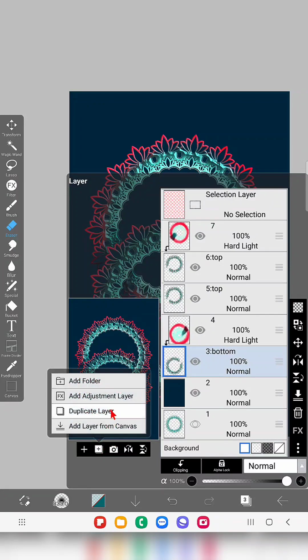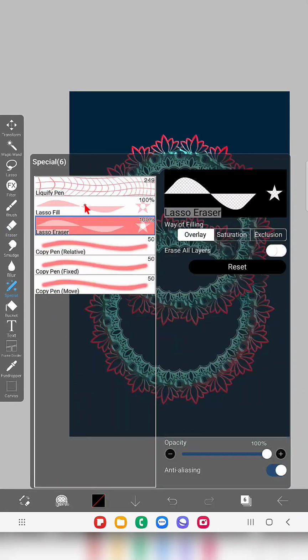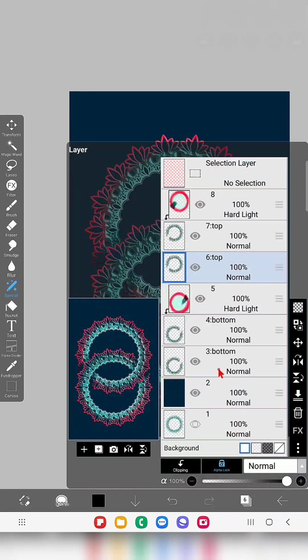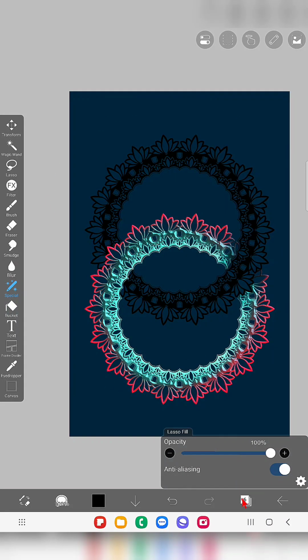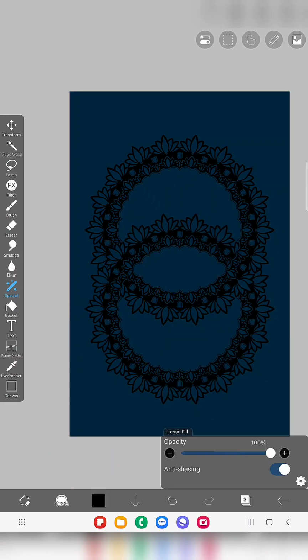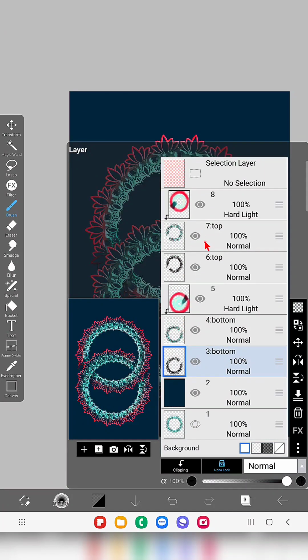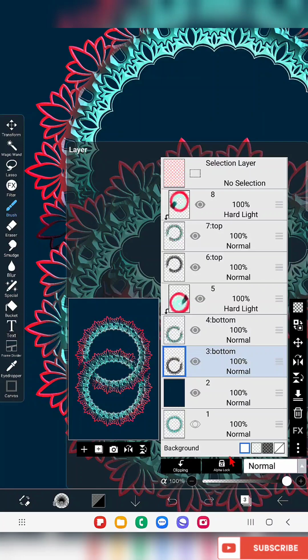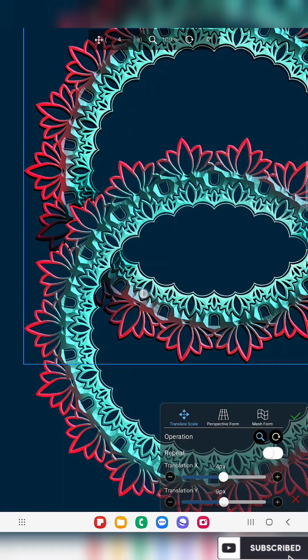Just now duplicate the bottom and top layers, and now I'm going to do the shadow process. To create the shadow, just click on the alpha lock for that duplicated layer and fill with black color like this, and in the same way just do that for the bottom as well like this. Now just click on the top layer, black color layer, and move it to the left side bottom a little bit